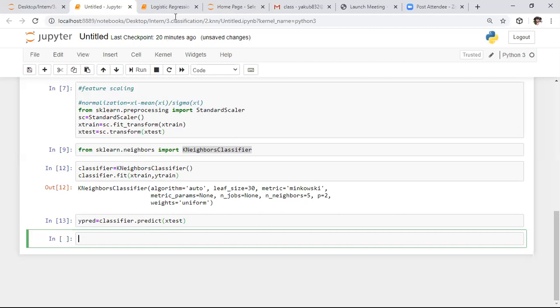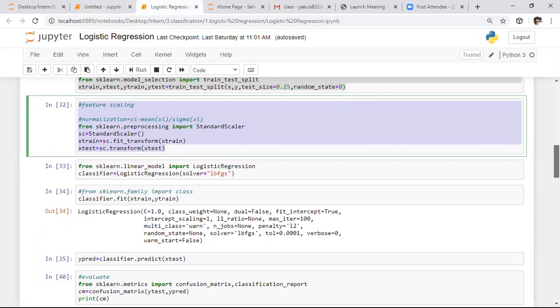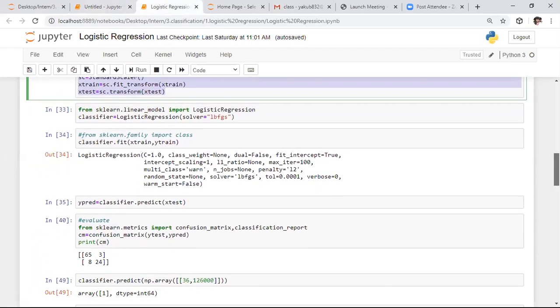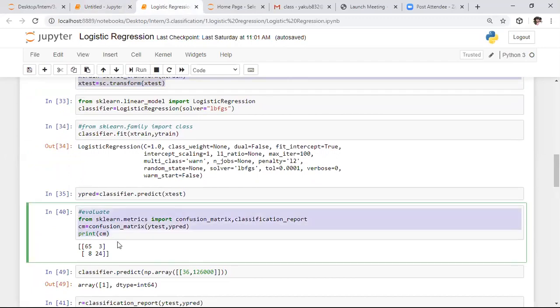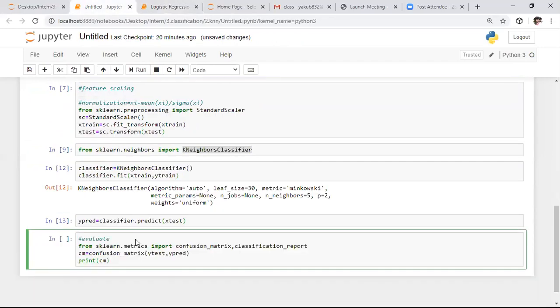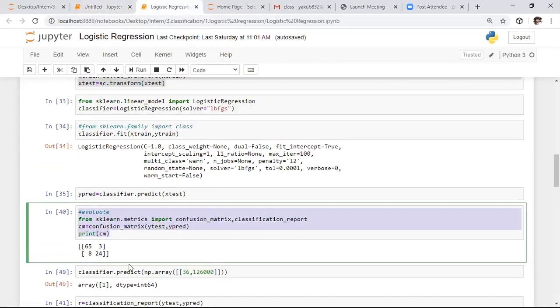After that, what we did previously, that thing only I want to do here also. So here we train the machine and we predicted the output. After predicting that output, we need to evaluate the confusion matrix. For that purpose, I'm copy pasting the previous code only. So here it is the confusion matrix. Out of the 100 samples, we are predicting 7 samples wrongly and we are predicting 93 samples correctly. That means from this algorithm, we will get 93% accuracy.